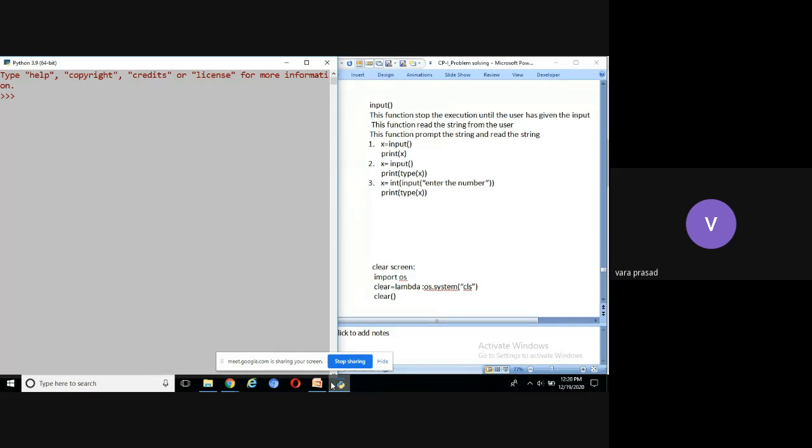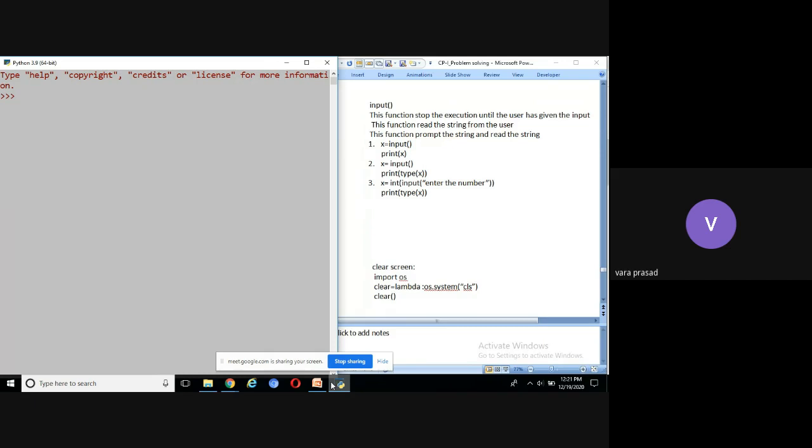Every variable has 4 basic properties. The first one is the name of the variable.